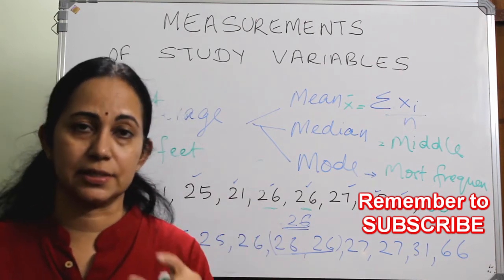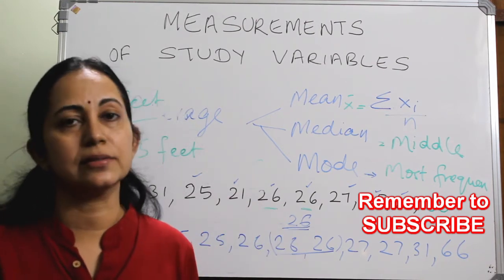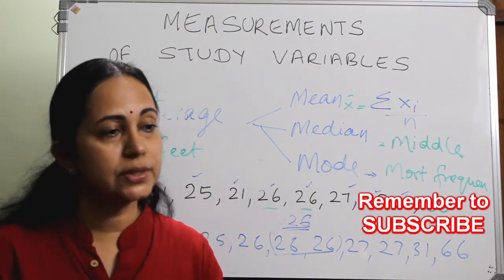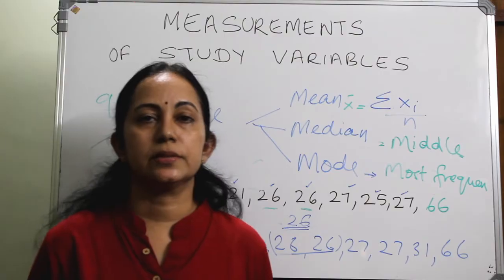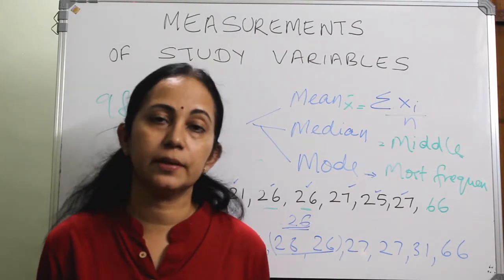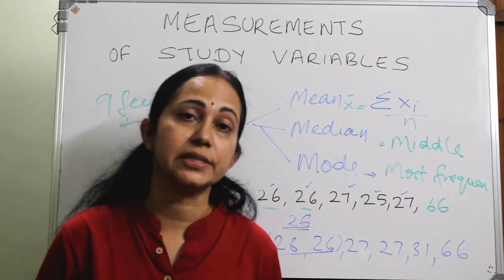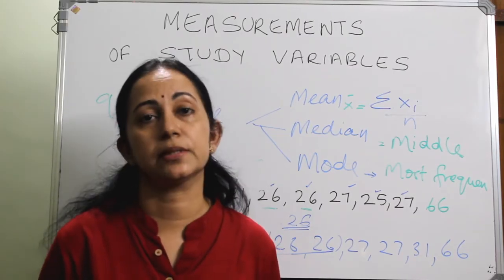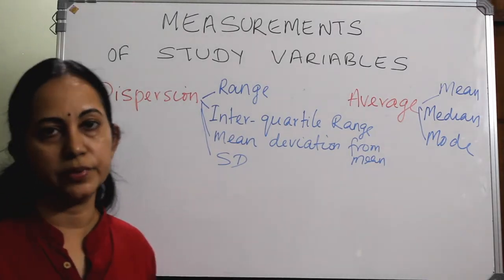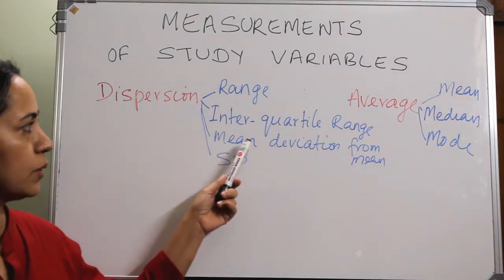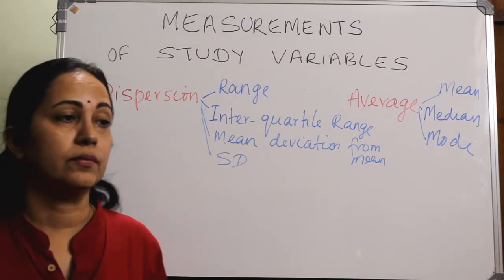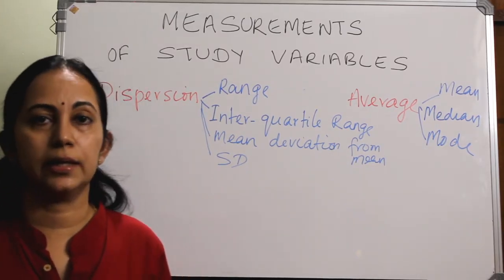So in some cases like this, situations like this, a single measurement will not fit into that. So in such situations, we have to tell the data as variability of data, or measures of dispersion. What are the measures of dispersion? For dispersion, there are 4 types of dispersion measurement. One is range, interquartile range, mean deviation from mean, and the common one, which is variance or the standard deviation.